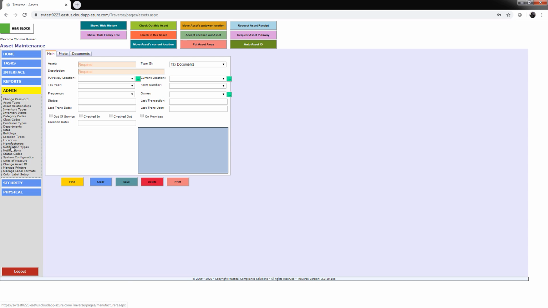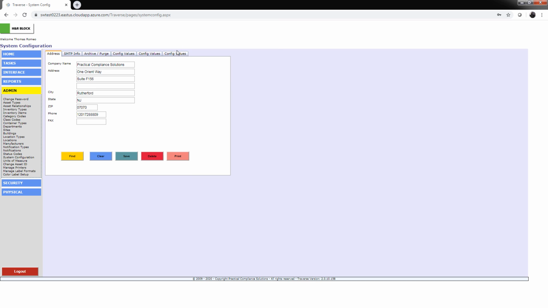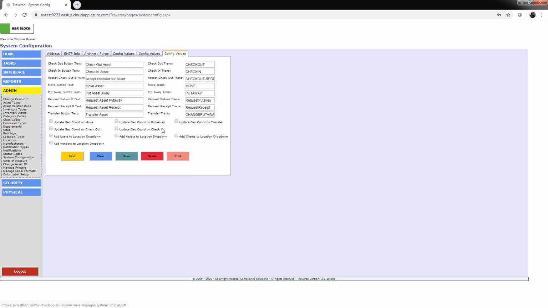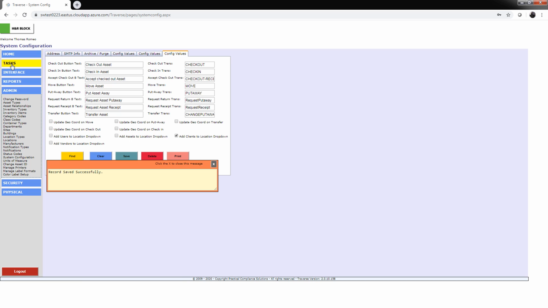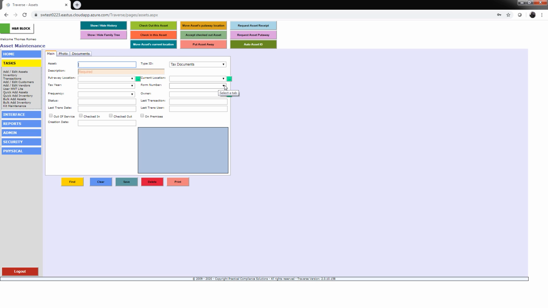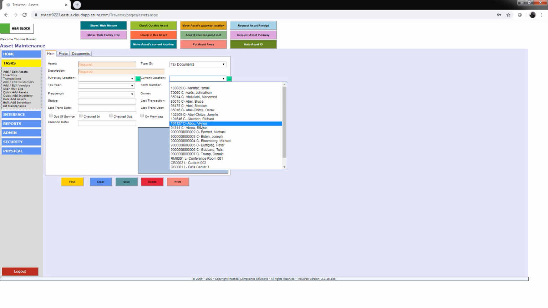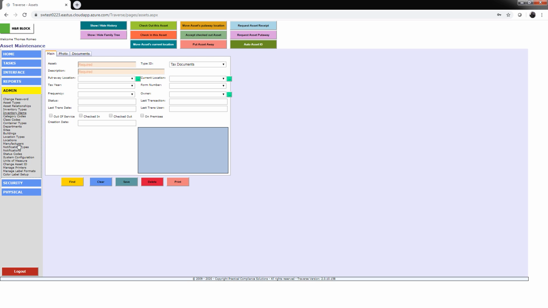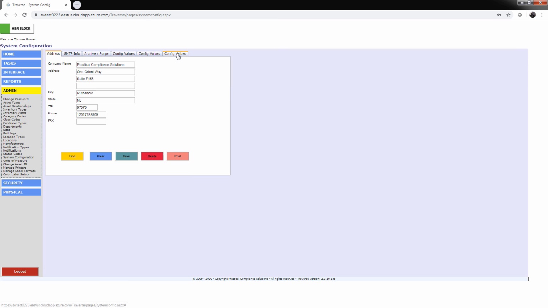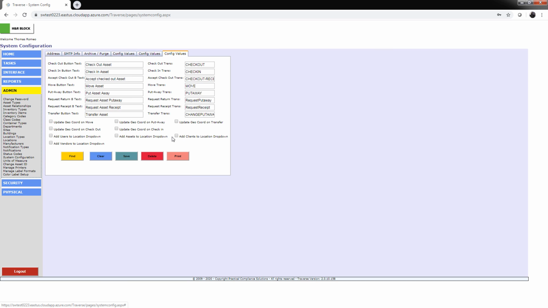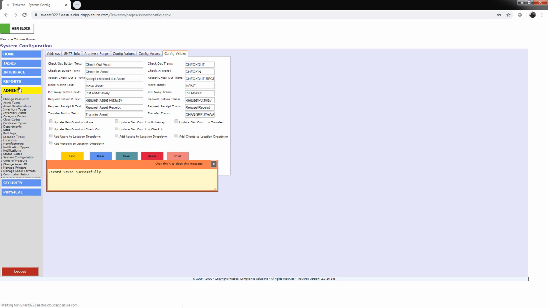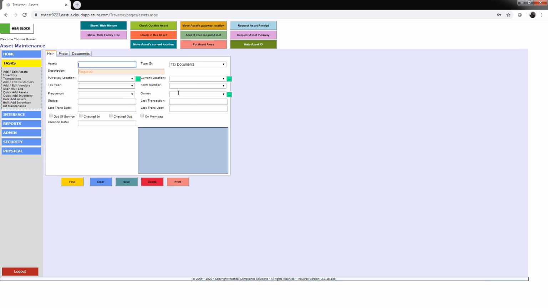If I come back to System Configuration and go there and say I want to add customers, add clients to the location dropdown. Now, if I go back to Add Assets, now I've got customers and locations. And if I go back to admin, I can now take them away, right? Clients, I want to take them away. Save it. And now when I come back to Add Edit Assets and go to my location, only locations appear